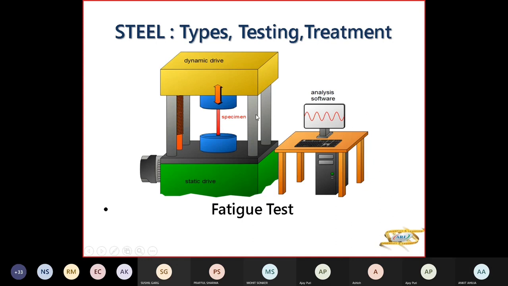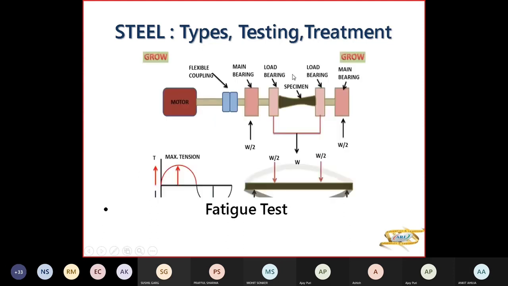तो दिस काइंड ऑफ अप्लायंस या तो वो वर्टिकली करेंगे या हॉरिजॉन्टली करेंगे। हॉरिजॉन्टली हम ऐसे कर सकते हैं। तो वी हैव द लोड बेयरिंग, मेन बेयरिंग, मोटर। यहाँ भी लोड बेयरिंग है। सो यू आर एलोंगेटिंग इट, देन यू कंप्रेसिंग इट, देन एलोंगेटिंग, कंप्रेसिंग। So you have a maximum tension. आपको पता है मैक्सिमम टेंशन और दोनों ऑल्टरनेटिंग स्ट्रेसेस में ये ग्राफ ऐसा आएगा। तो आपकी फटीग लिमिट आती है।